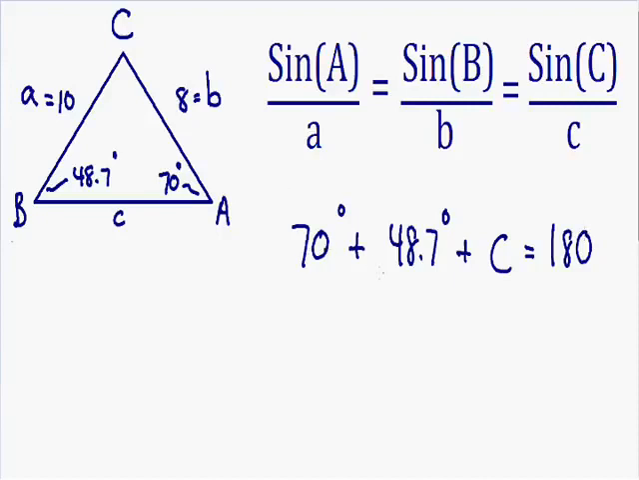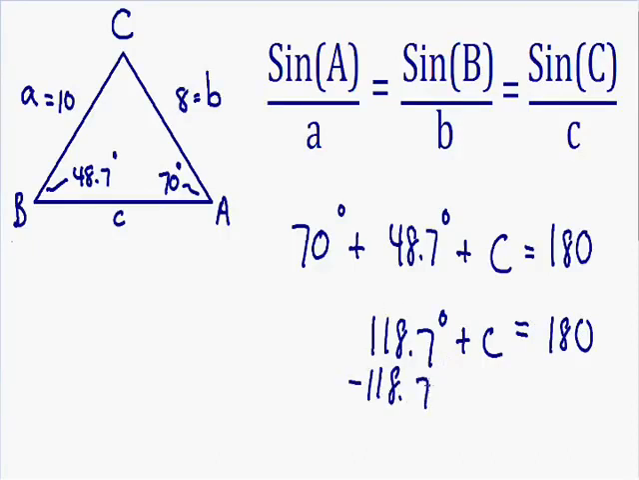If we just add 70 degrees with 48.7 degrees, we get 118.7 degrees, plus C is equal to 180. Once again, we want to solve for C, so we want to get rid of this 118.7, so I'm going to subtract 118.7 from both sides. On the left hand side they cancel out, and we get C is equal to 180 minus 118.7, which is